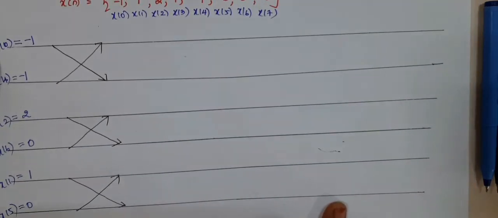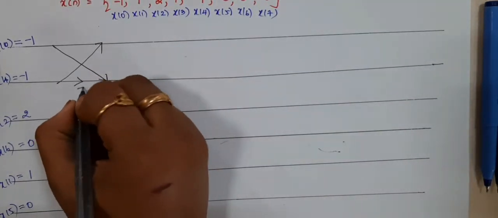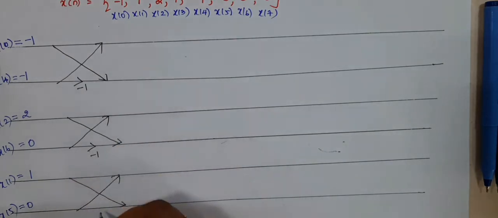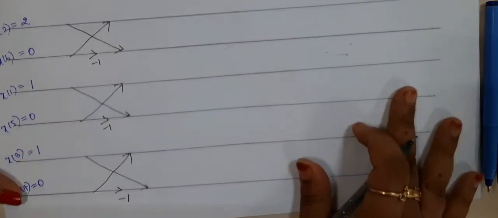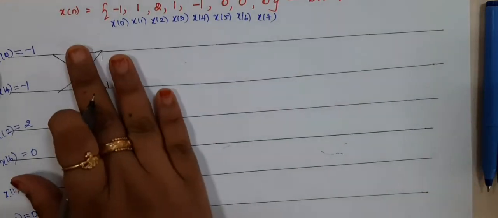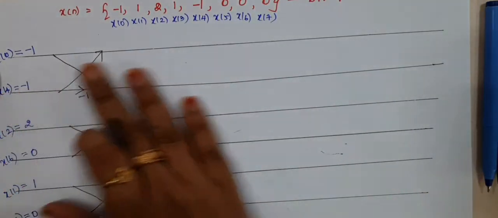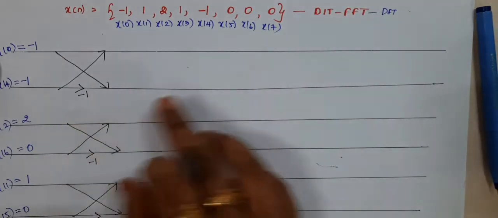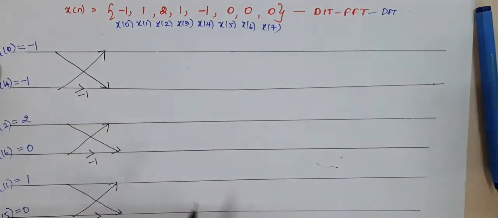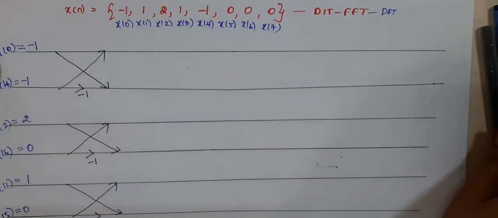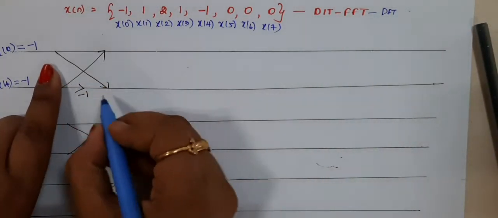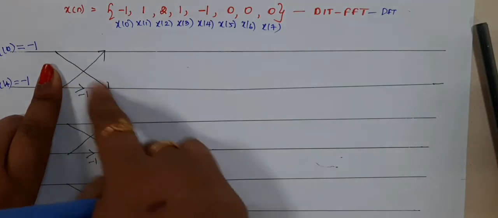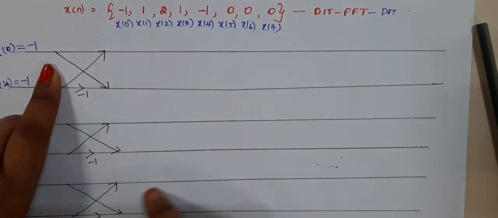Okay, once you draw the butterfly structure, here you have to write minus 1. First, let me complete the 2 point; no need to draw all the things together now, that is 2, 4 and 8 and all. So let us complete this 2 point first and then we can go one by one. Let us finish the down arrow first and then we can finish the up arrow.